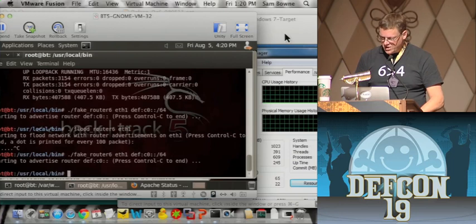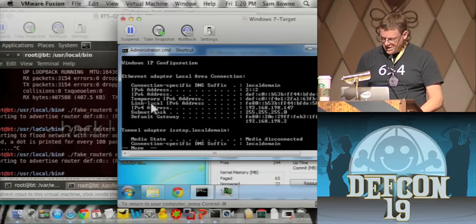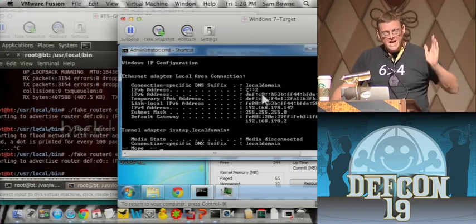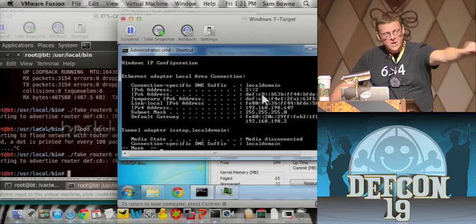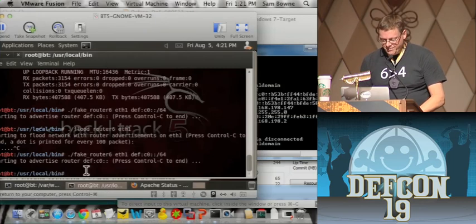Don't need to wait any longer. All the devices on that network have been commanded to join it. And there it is. It's made an address starting with defc. Now this is what's supposed to happen when you add a router in the normal course of events. I add a router, it advertises its prefix, everybody joins, and the game's over. But if I send a flood of unwanted packets at the rate of hundreds per second,